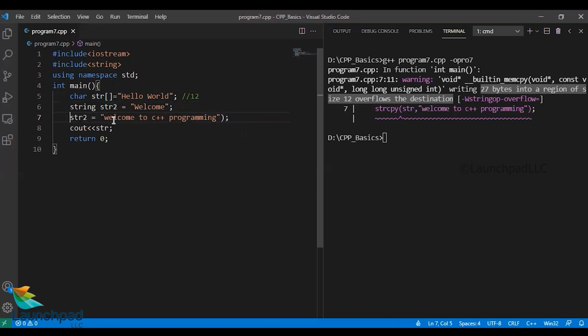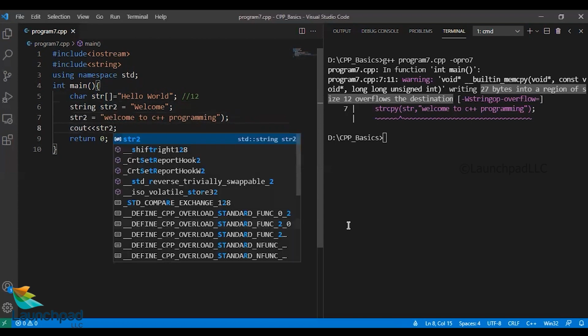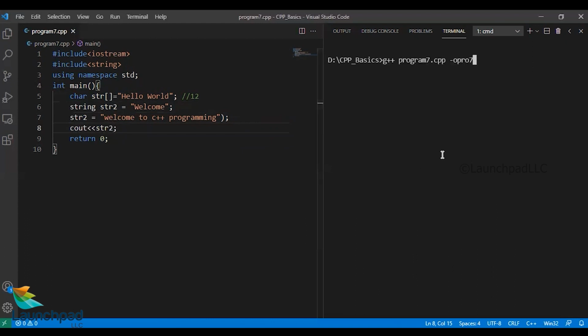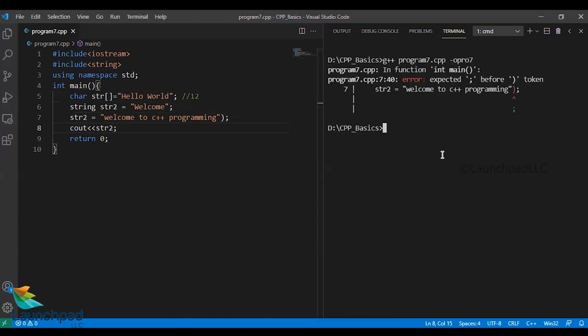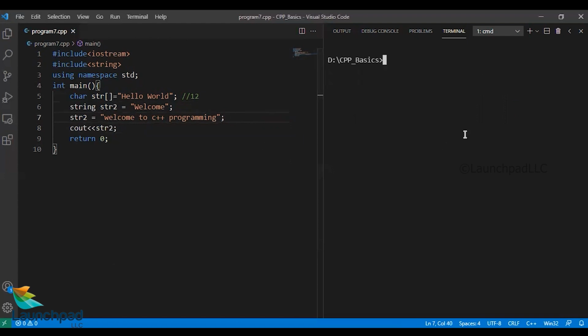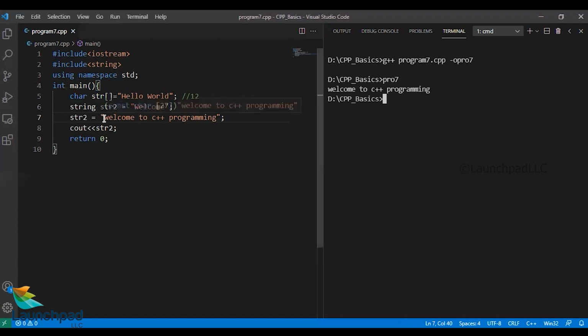a string with extra characters in it, and when I print it, and when I compile and run it, let's compile it one more time. And when we compile and run it, you can very well see it runs at ease. It creates no hassle. Rather, it prints whatever message we wanted.